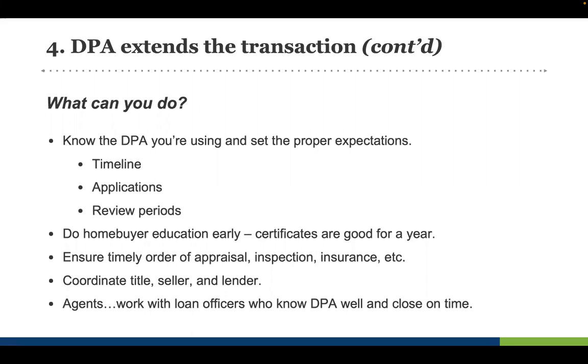If you have a renter or a prospective buyer that you think could become a homeowner with a down payment assistance program, do the homebuyer education class this weekend. Call them this afternoon, tell them where to go, and our platform shows you, or call the loan officer, right? Here's the DPA we think would work. Have them do the class now. It doesn't matter if they buy a home 6 months from now.